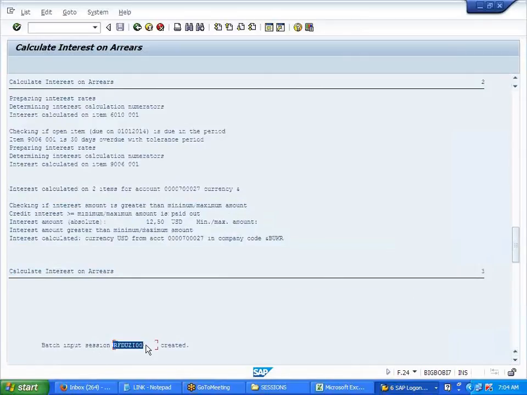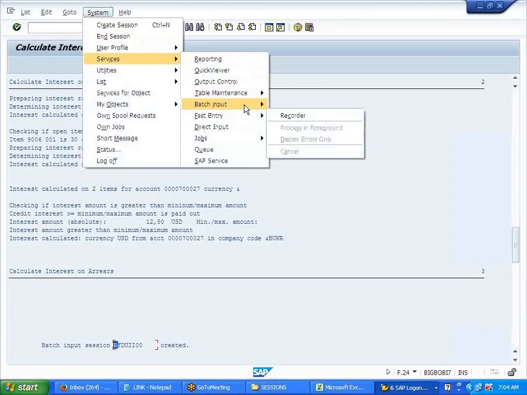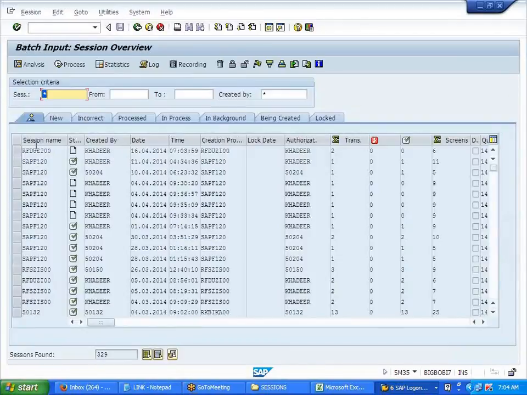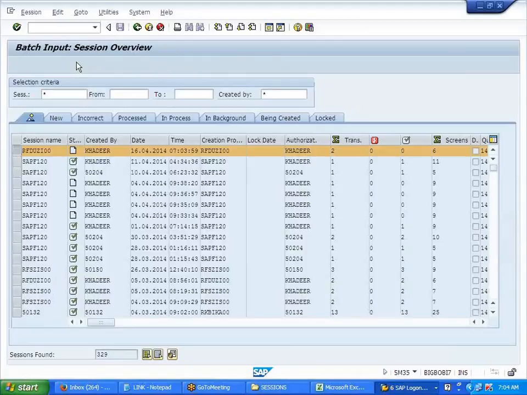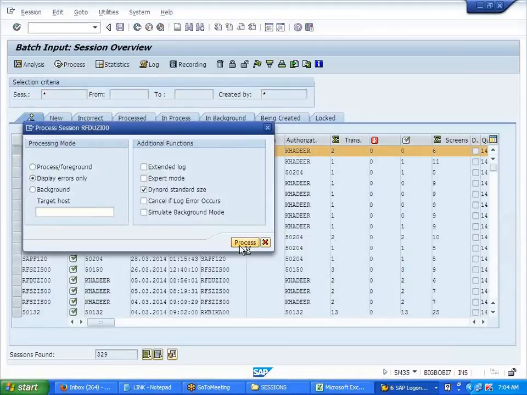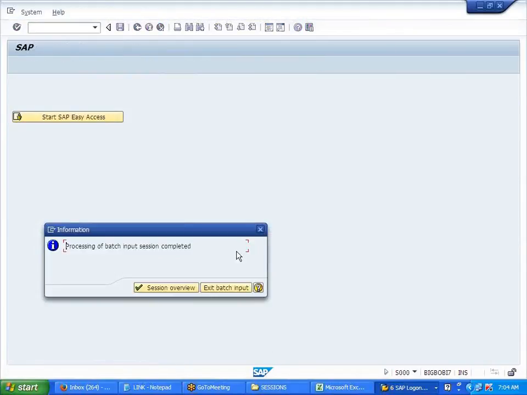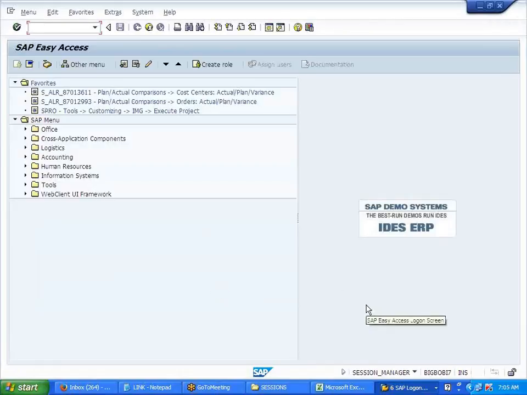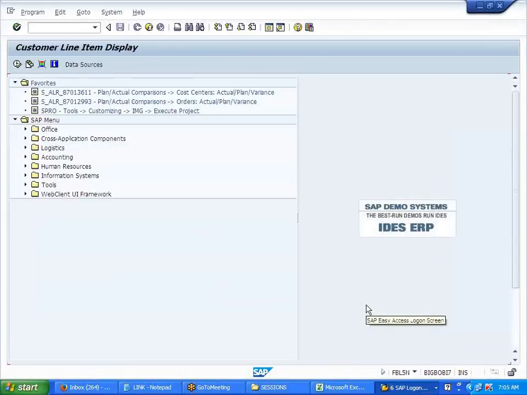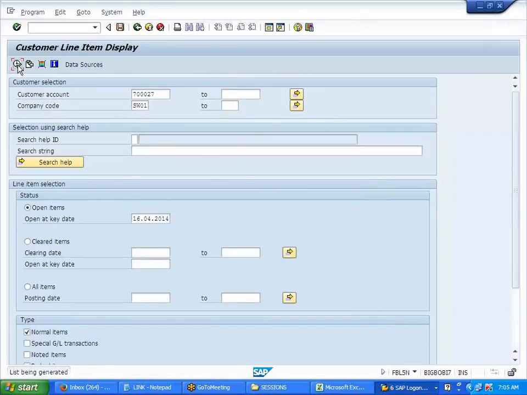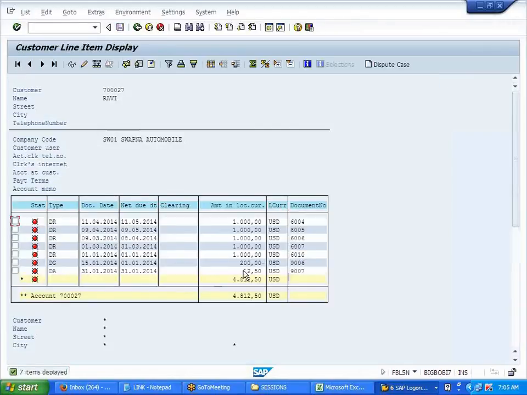This is just session created. System, services, batch input, this you know. Process, display. The only problem over here is the credit side, it is not calculating for me, right? That is the only case and nothing else. Apart from that, everything is fine. Interest updated.